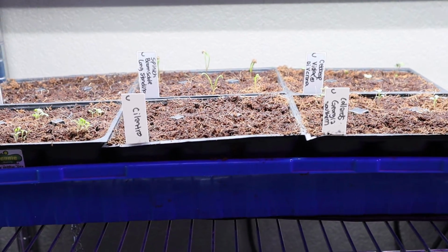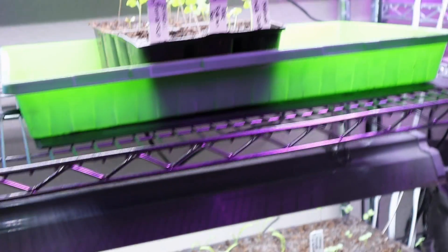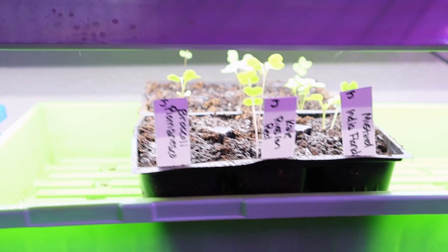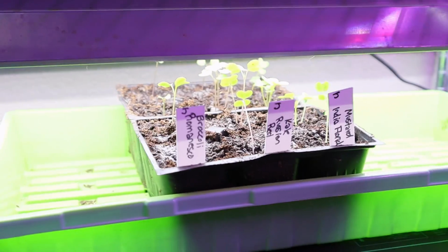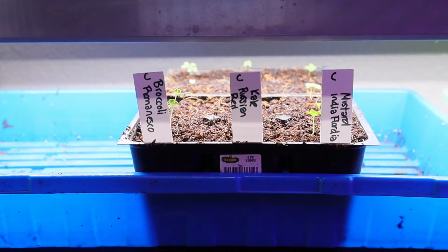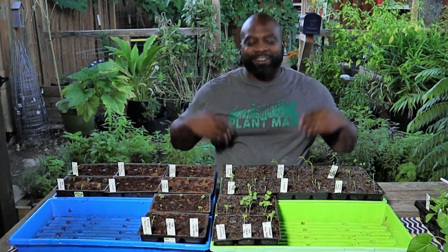Same things, just coconut coir, Jiffy. And then up here you'll see the same thing. These are much higher, and same exact mirror, coconut coir. So definitely has a difference. All right, so we're at day 8, and we have our experiment of the seed starting